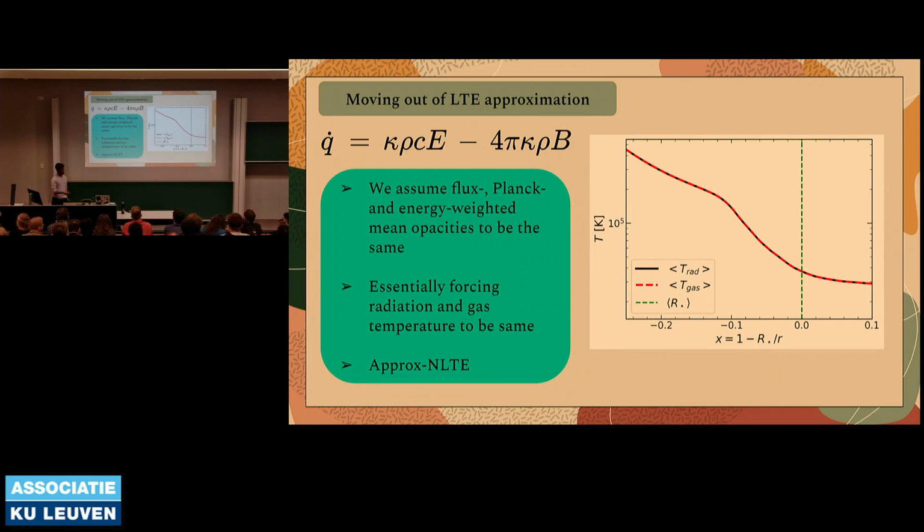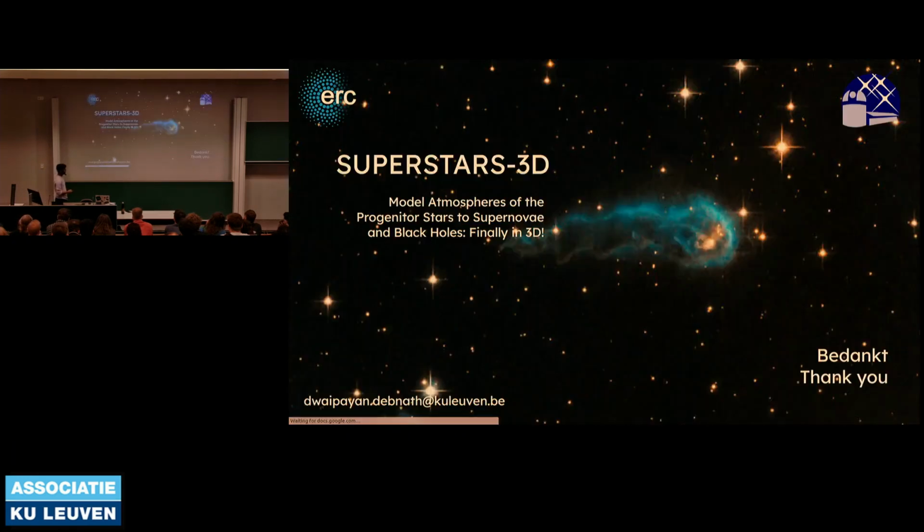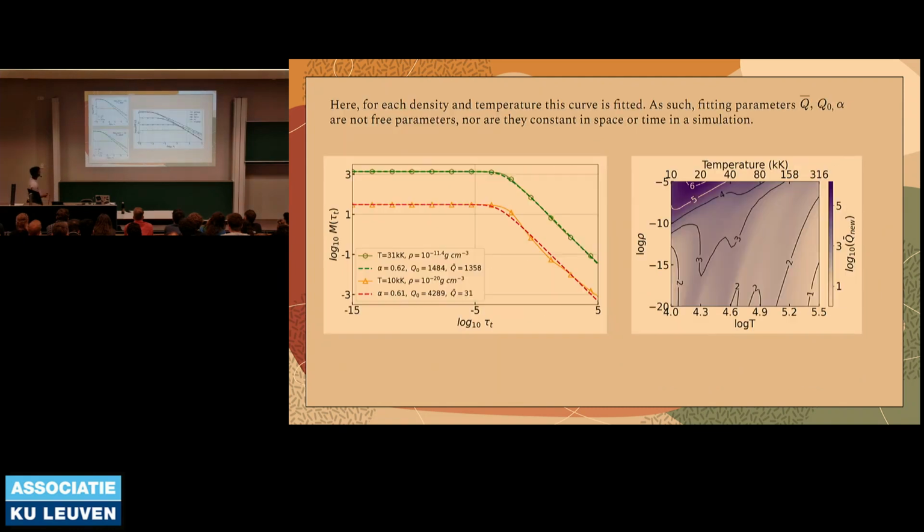No. But you separate out the flux, Planck, and energy weighted mean, right? And so how we actually put in our LTE tables is that, if you see, this is the force multiplier, and then we fit it with these three parameters. This is the Q bar, and then we have the Q naught, and then we have the alpha, which is the slope of this exponential part. And then this is calculated in the code based on the density and the temperature prevailing in the outflow. But then you separate out the flux, Planck, and the energy weighted mean, and then you probably have 3 of these tables multiplied by 3, so it's 9 tables, and then you read in again from the same